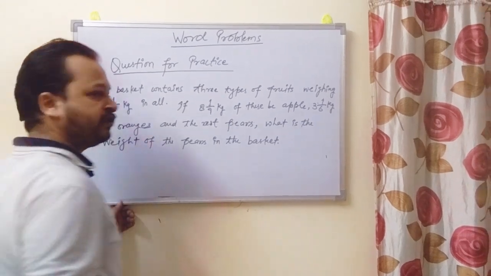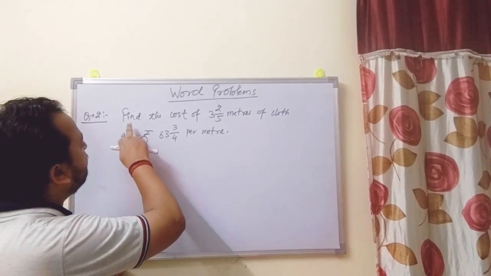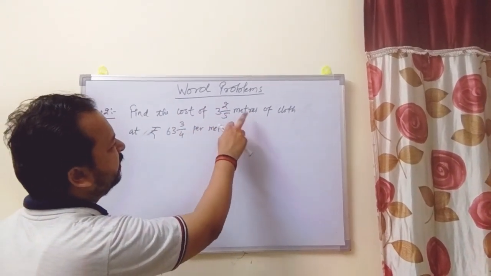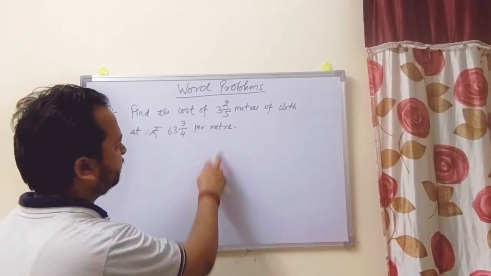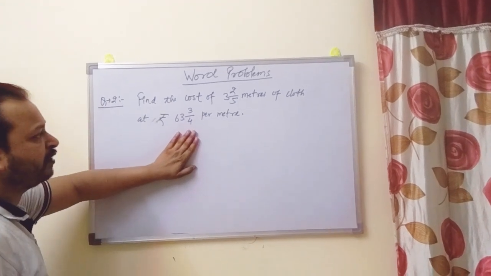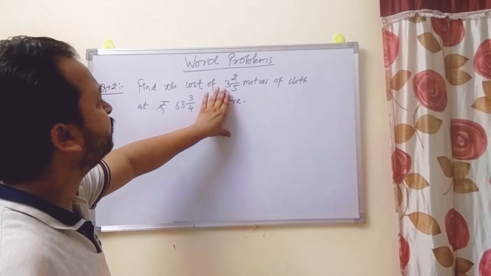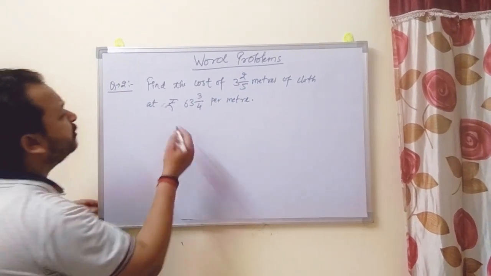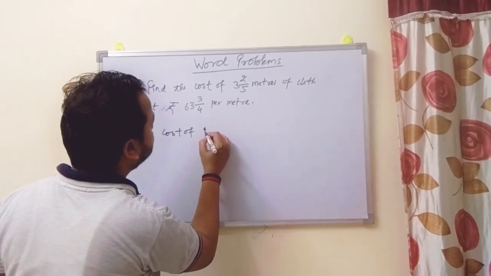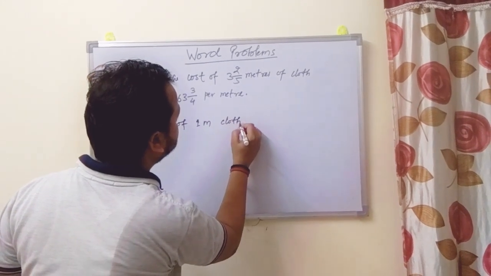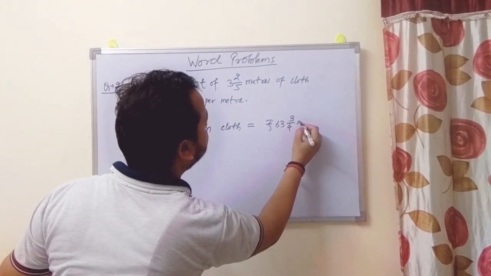Now come to next question. So next question reads as, find the cost of 3 whole 2 by 5 meters of cloth at rupees 63 whole 3 by 4 per meter, right? In this question, the cost of per meter cloth is given and you have to find out the cost of 3 whole 2 by 5 meters. So you have to multiply it, right? Cost of 1 meter cloth is what? Rupees 63 whole 3 by 4,